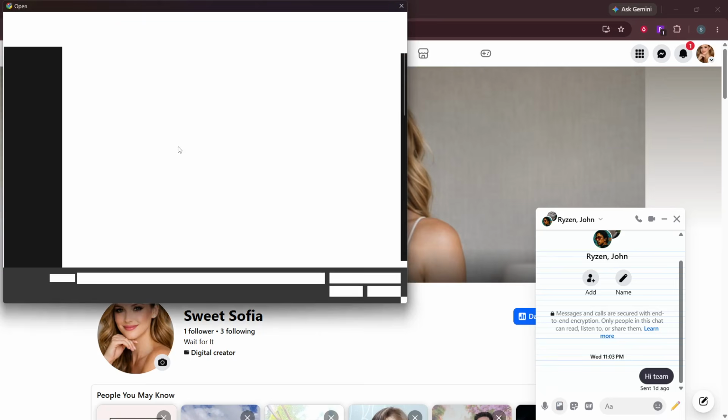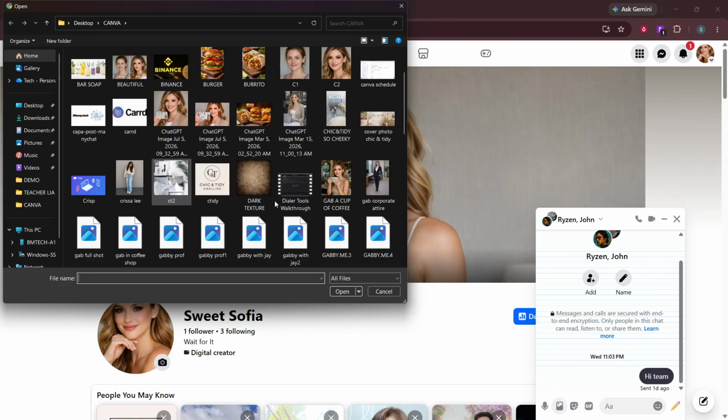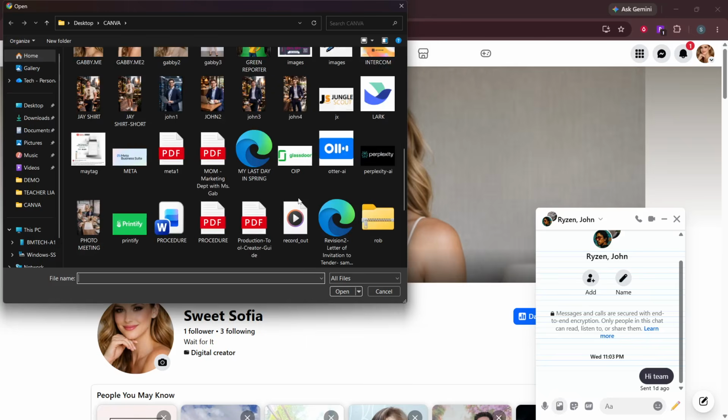Now select the file from your laptop. You can browse through your folders on the left and click into them on the right. Find the exact document, PDF, zip file, or other supported file type you want to send. A quick tip, you can usually change the view to see details like size and type, which helps confirm you picked the right file. Click once on the file name so it is highlighted.